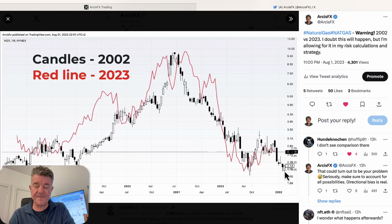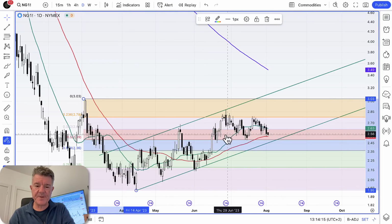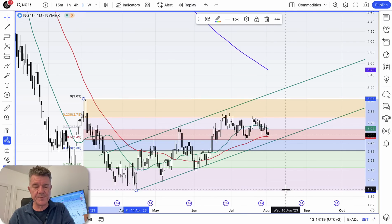So we have to allow for a test back down to $2 and the previous low this year at around, I think it was 197, and possibly even a slightly lower low down to about 180 or 185 like we saw in 2002. So keep that in mind when you think of all of these scenarios playing out, because that would take us from where we are today back towards just below $2 and then potentially slightly lower